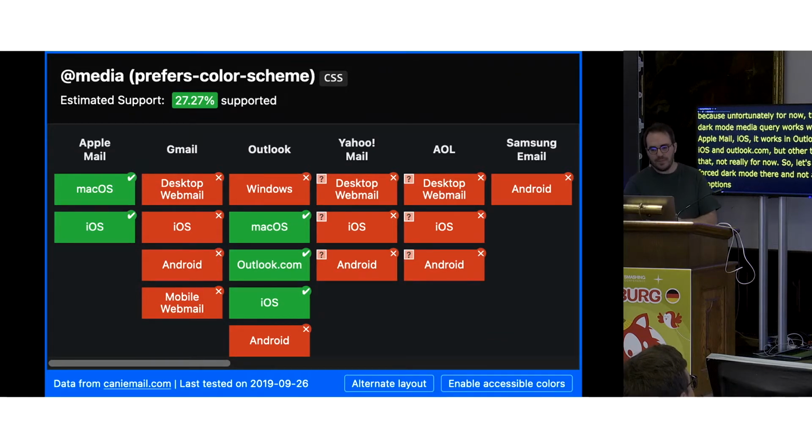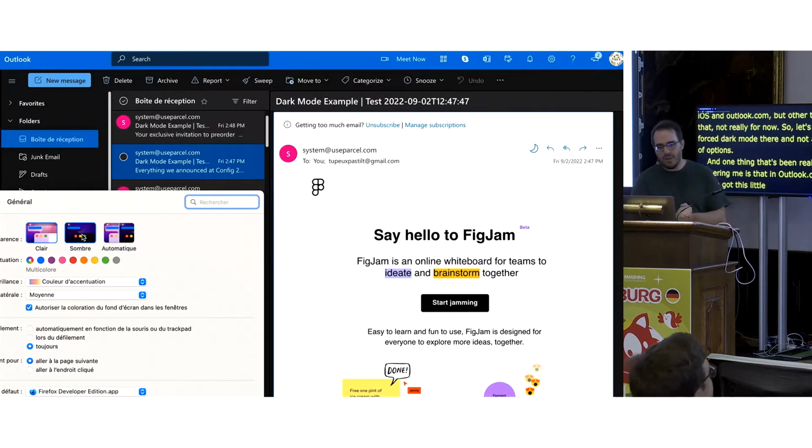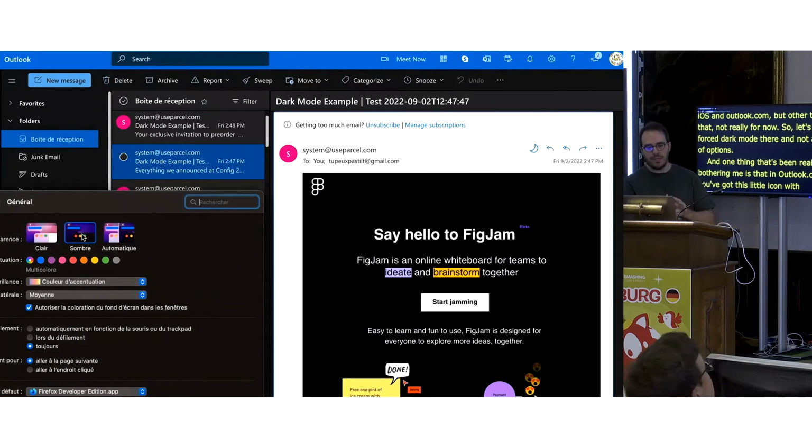And one thing that's been really bothering me is that in webmail, Outlook.com, you've got this little icon with the moon crescent at the top that lets you switch between light and dark mode.